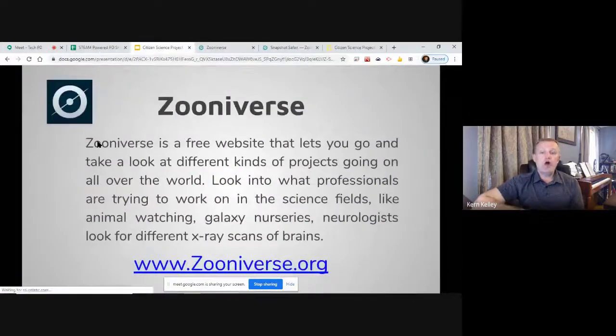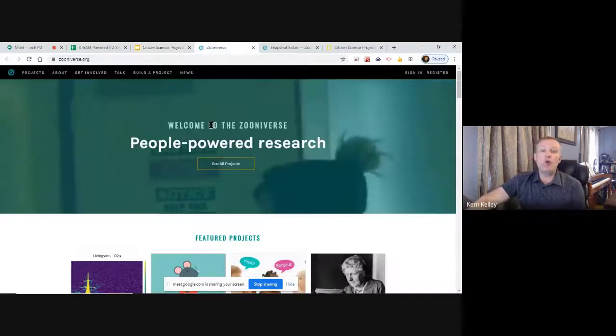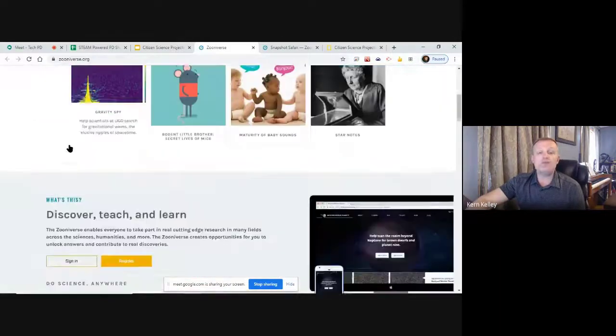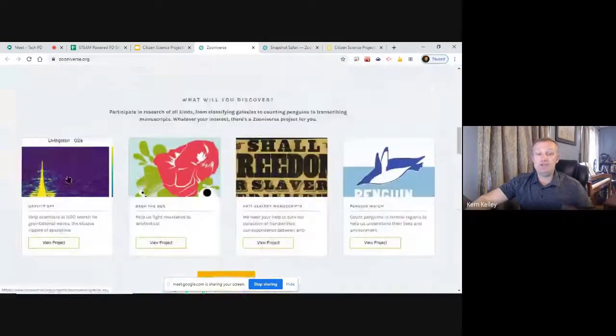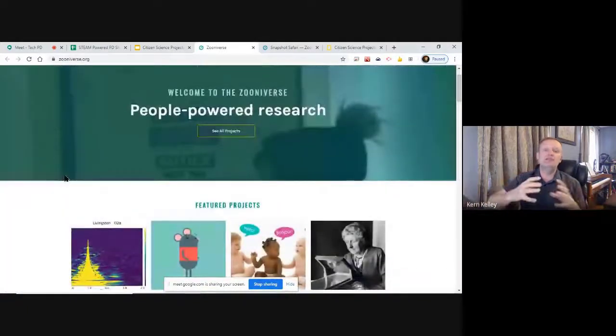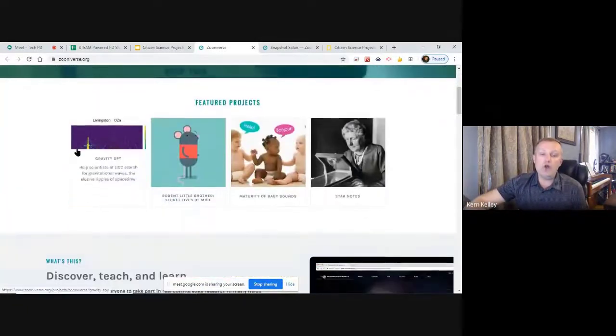The next one we'll talk about is Zooniverse. Now, Zooniverse is kind of the granddaddy of all these. This is not a citizen science project. This is a collection of many citizen science projects. So if I go to zooniverse.org, these are people-powered research projects, all kinds of projects. This is where I probably would start, because it's not just one. There are dozens and dozens on here. This is basically a collective of a number of them. And you can go, if you scroll down a little bit,